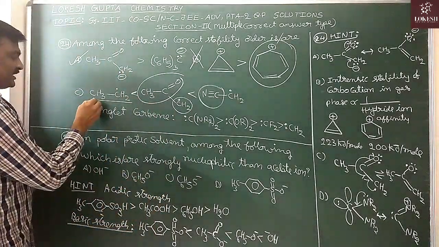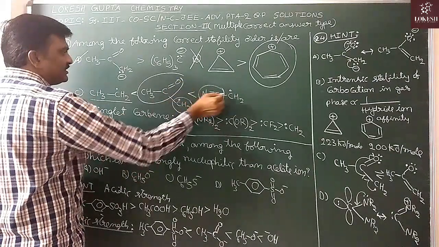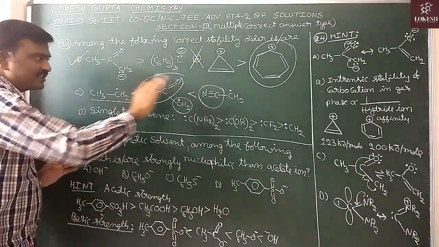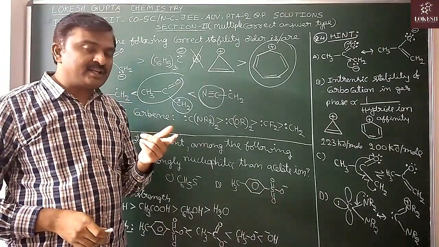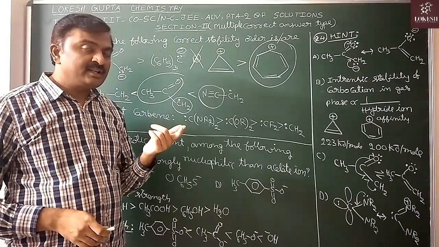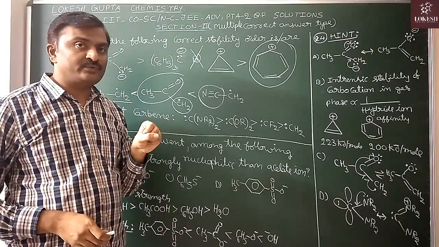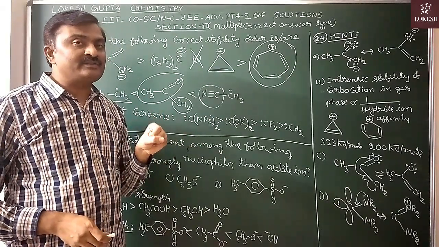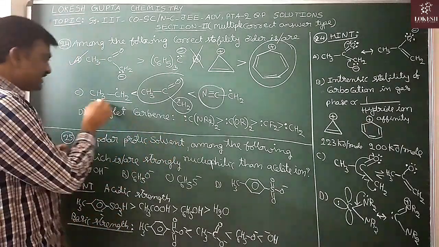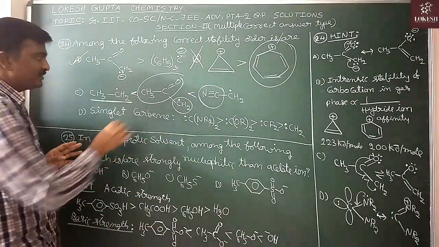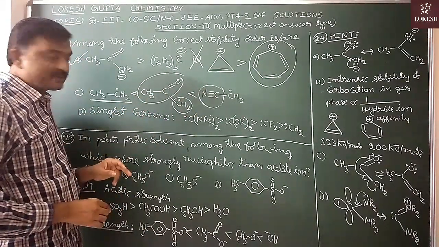Now, here, when compared with this, in these two cases resonance is possible, so these two are more stable. And one more point: with increasing electronegativity of the atom involved in this push and pull effect, the captodative effect will decrease. So that's why stability will decrease. First here, no captodative effect. In these two, captodative effects are possible. So that's why these two are stable.